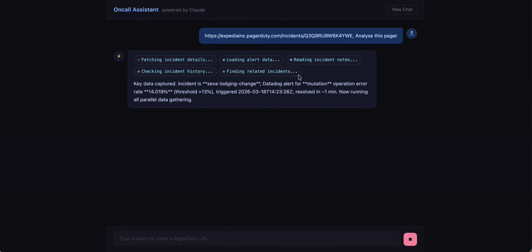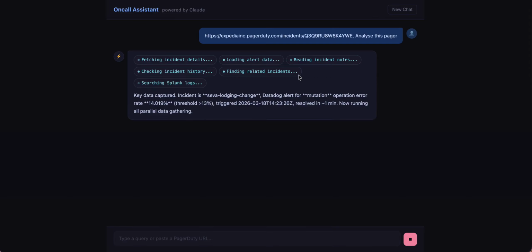And now we have also given some tools to analyze, which we use to do. One is Splunk, which is used to analyze the logs of an application, and second is Datadog, which is used to trace any request or use the metrics to trace any application server. So we have listed two tools, one is the Splunk logs and another is the Datadog metrics. By using these two tools, it will analyze the complete pager, and